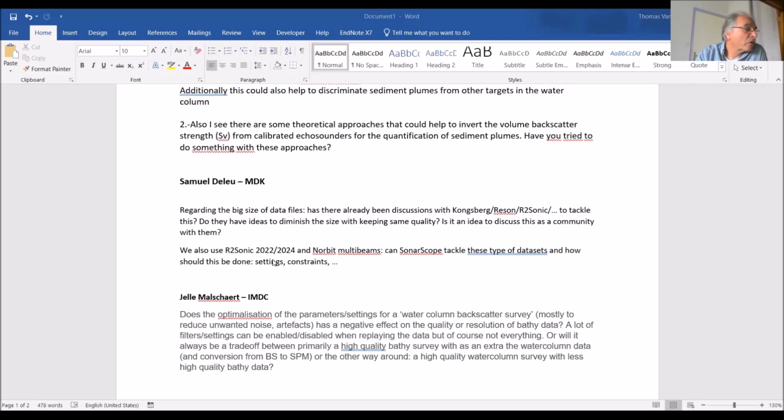I have 351 megabytes here, and the cache file, which contains everything that is inside the .all and .wcd, is 256 megabytes. So you see that you win 100 megabytes on the cache file, which contains everything. Another advantage of these